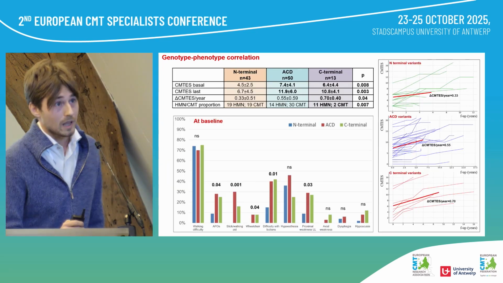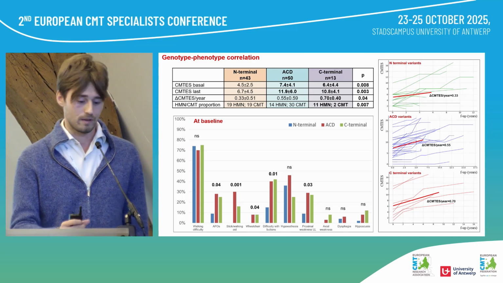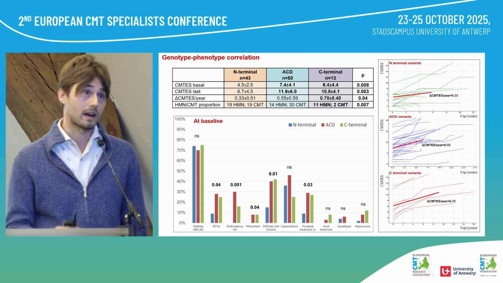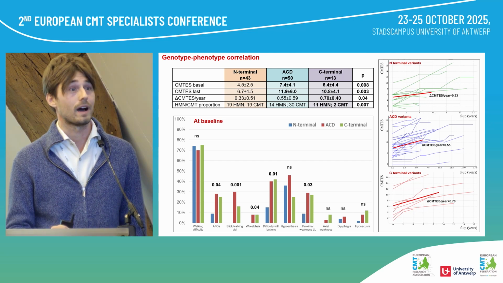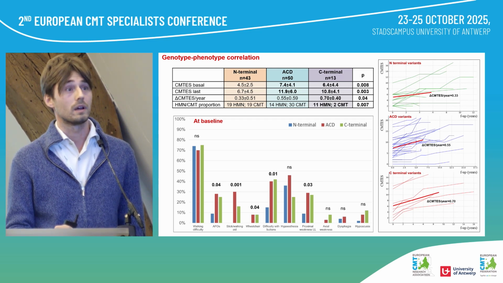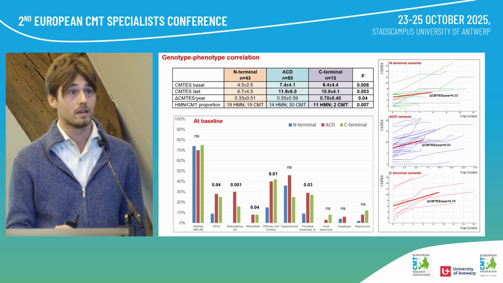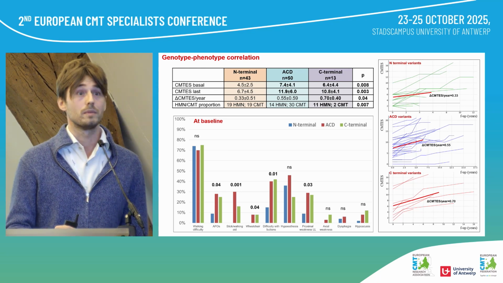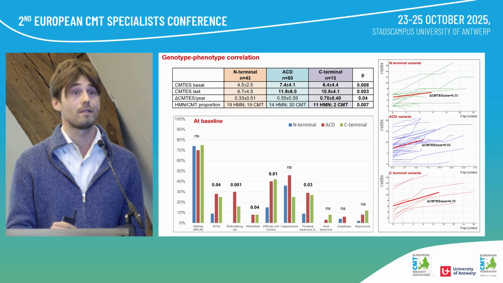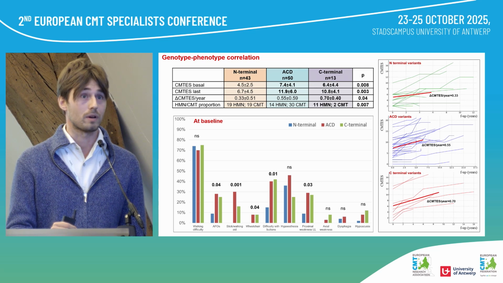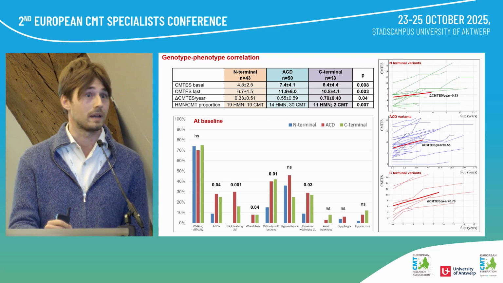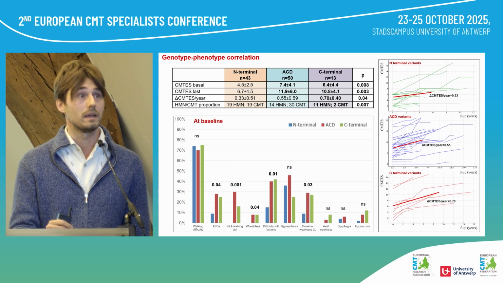Coming now to genotype-phenotype correlation, just to remind you that previous in vitro studies found a gradient of severity from N-terminal to C-terminal variants. Here, by aggregating many patients, we saw the same. Patients with alpha-crystallin domain and C-terminal variants had a higher burden of disease compared to N-terminal ones, both at baseline and last visit. There was also a gradient of progression, with N-terminal variants being the milder ones, as assessed with variation in CMTES per year, and C-terminal ones being the more